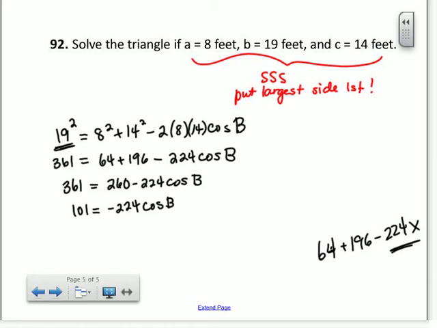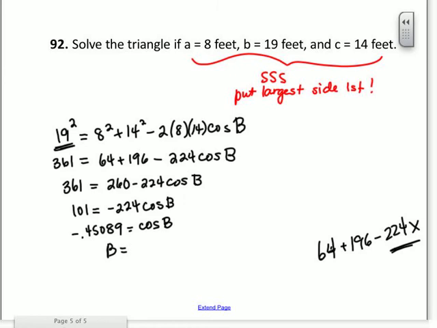Divide by negative 224. So you get negative 0.45089 equals cosine of b. I keep that answer in my calculator, and now I do inverse cosine to solve for b. So inverse cosine of that answer. So you get b is equal to